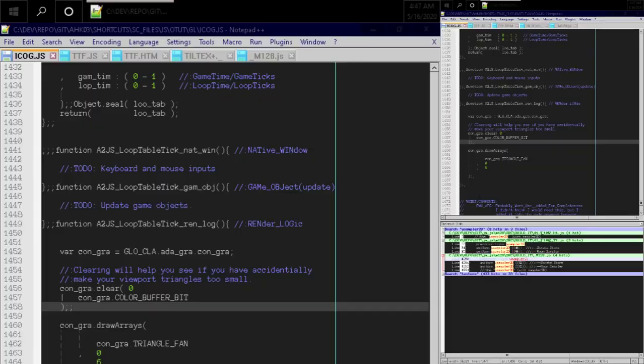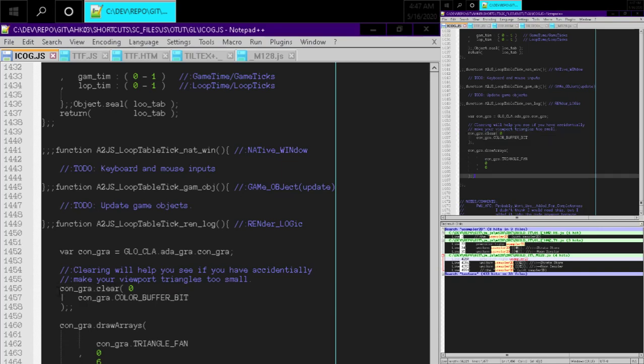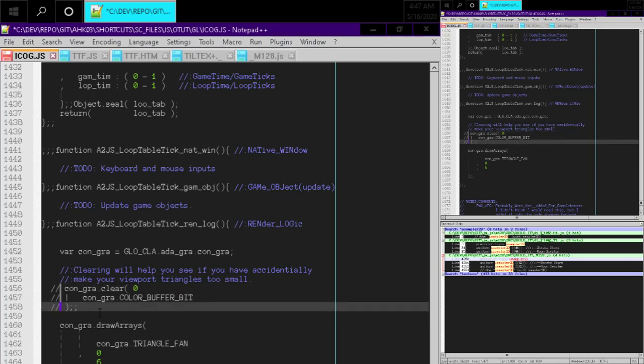Really quick, as I've been troubleshooting, I just noticed this big black region around here. It's because I added GL Clear right here, and if I get rid of this clear, then we go back here and we refresh. You get a much smaller area, and you might notice that there's like a black line around here. Well, I was wondering why my frag coordinates didn't seem to be